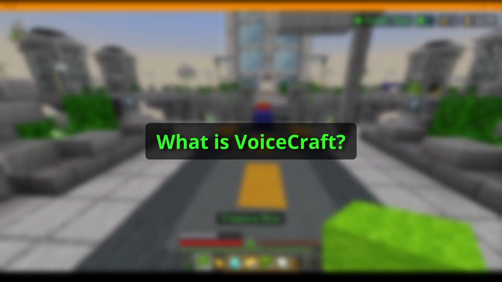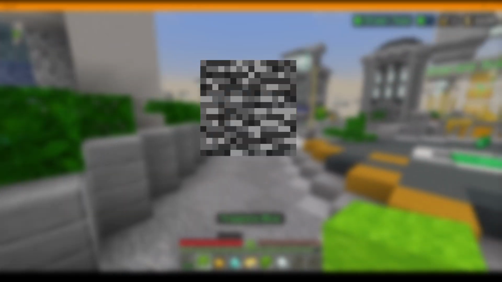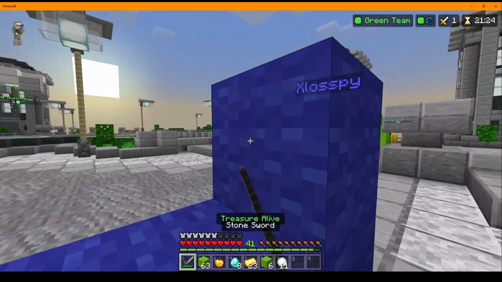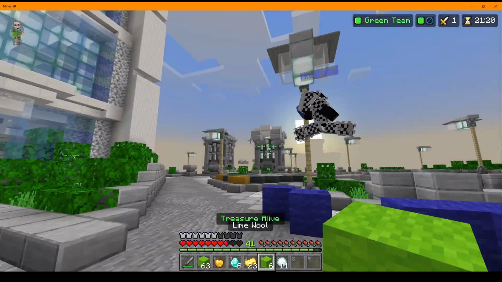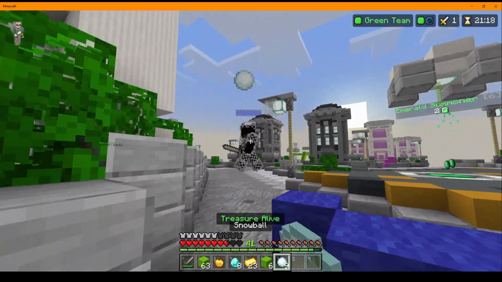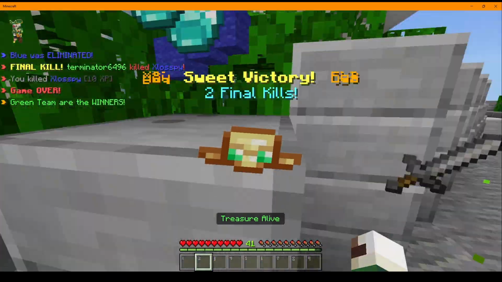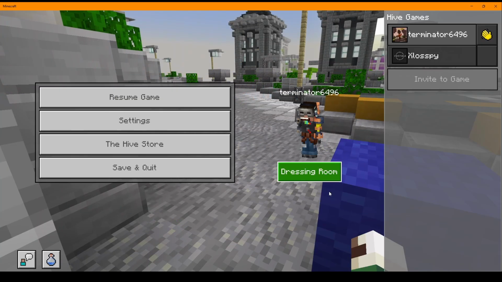So what is Voicecraft? Voicecraft is a voice proximity chat application / mod for Minecraft Bedrock Edition that directly supports Android and Windows devices. It can be used on Bedrock dedicated servers, which comes with Cave Echo, underwater talking effect, voice fading and directional hearing. It also can be used on any server, single-player world, or realm using client-side positioning at the cost of having to remove voice effects and directional hearing.